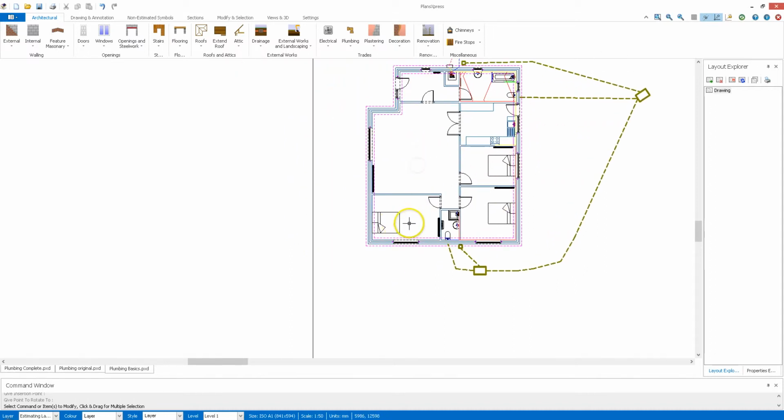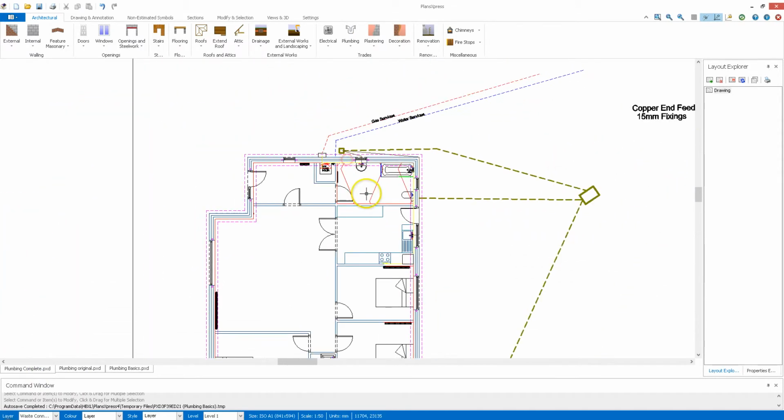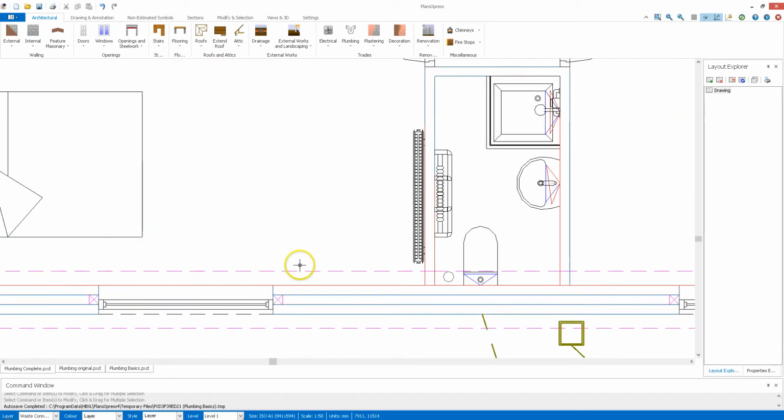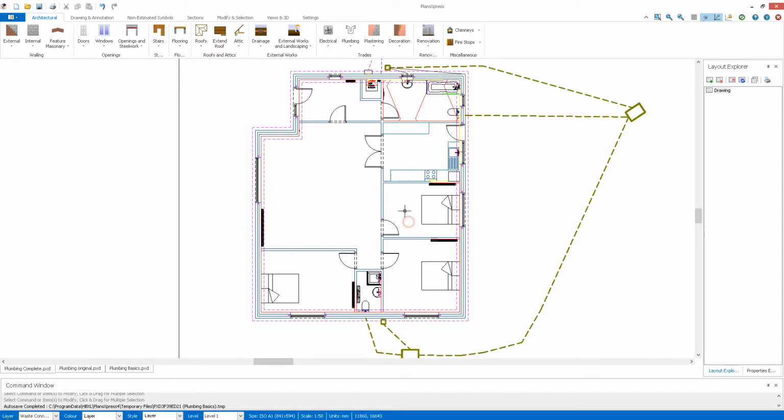Once I've done these items here like this, I'll end up moving on to a more complete drawing such as this. So everything's laid out, everything's connected, all the radiators are joined up. And once I've got this here now, I can save this, make sure it's saved, and once it's saved, I can then port this over to